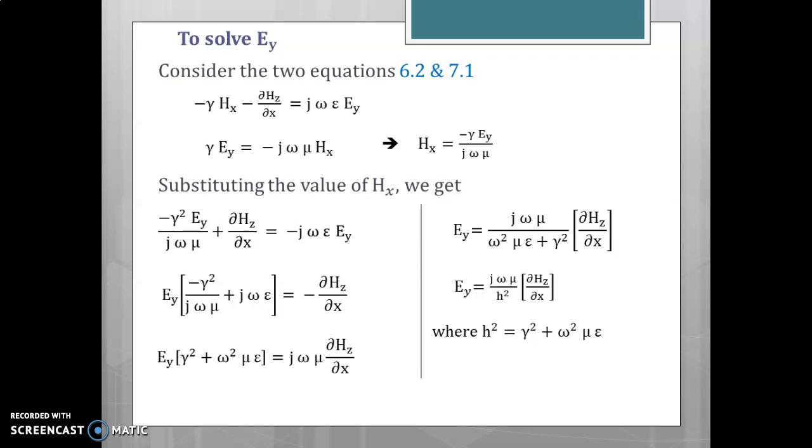So there can be both the components, or you can have one component, and we have considered two cases. The first case is the transverse electric field. In the transverse electric field, there is a component of H in the direction of propagation, that is we have Hz, and there is no component of E in the direction of the wave. So Ez is equal to 0. In the transverse magnetic wave, there is no component of H in the direction of propagation, but we have a component of electric field in the z direction, that is we have Ez.